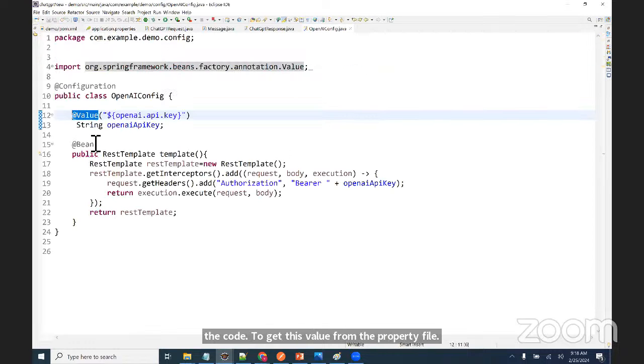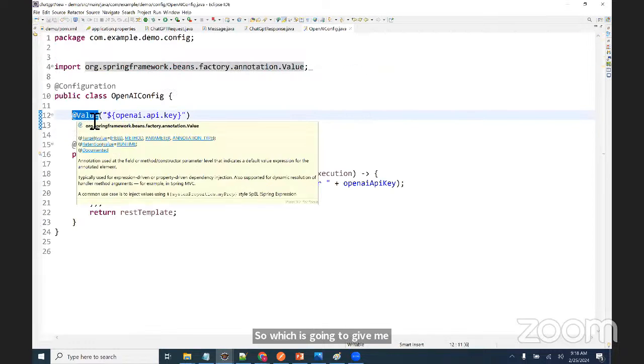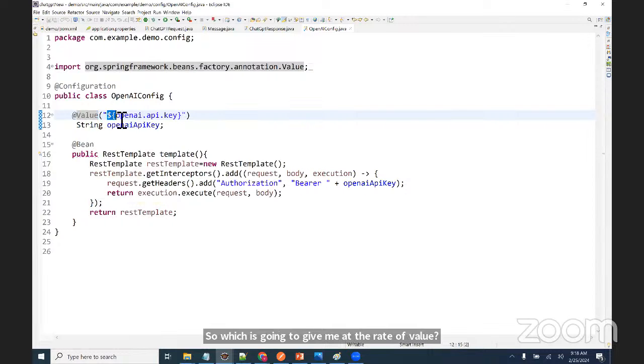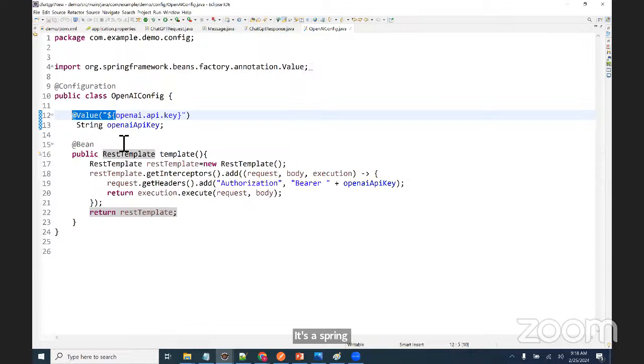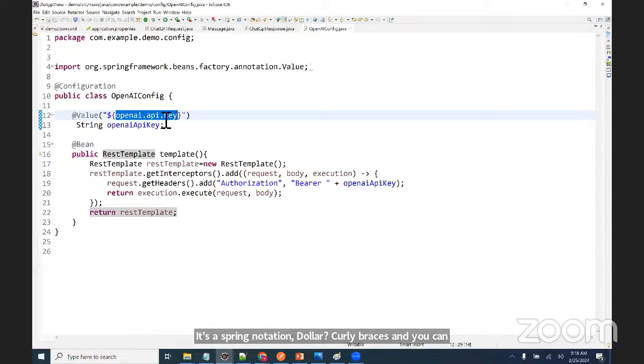So the syntax is a Spring annotation, @Value, dollar curly braces, and you can write your key. Whatever the key is here, the value, what @Value is going to do is